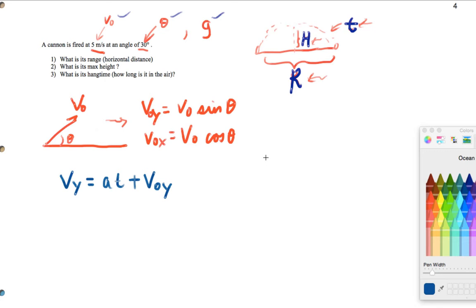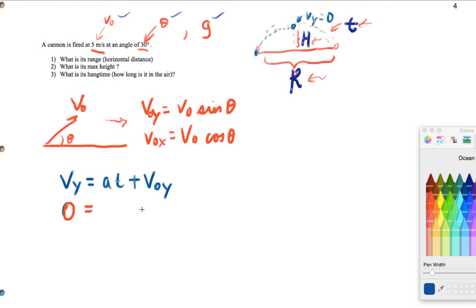And in this case, let's look at half the trip. So I go up vertically while traveling horizontally, of course. But here's the thing. At the top here, my Vy is 0. And so I know that at the top, 0 is my speed, and that's a known. And that's going to equal